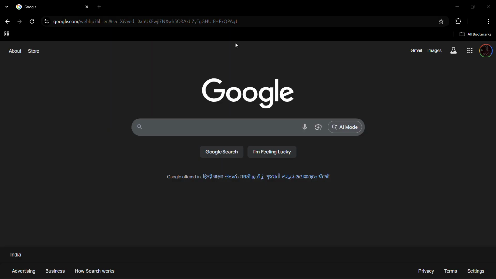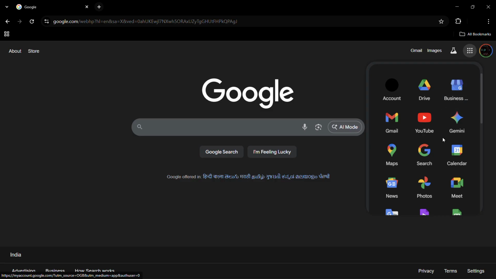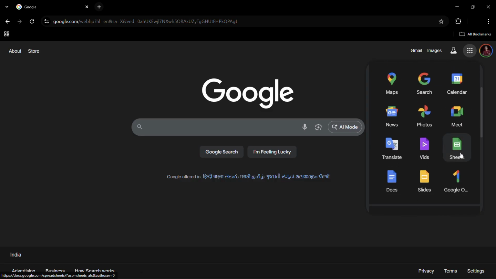In this tutorial I'll be guiding you through the steps on how you can use Google Sheets. In order to start, the first thing that you will need to do is open any web browser of your choice. Like I have opened Google Chrome. Now if you have also opened Google Chrome, you can simply click onto this Google Apps option at the top right corner, and then from here scroll down and select Sheets, and this will lead you to the